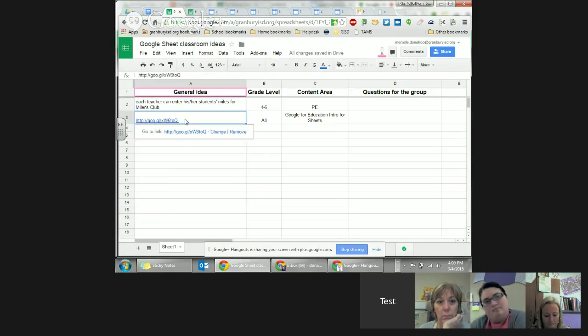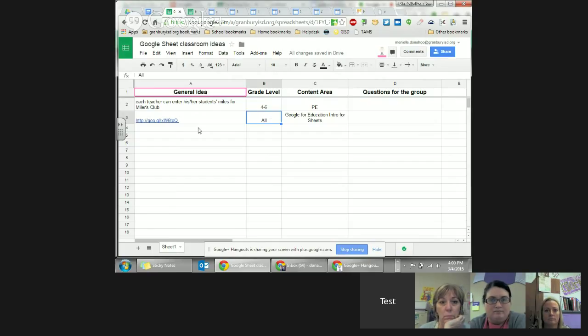This second box right here that you're going to find is a link to the actual Google for Education site, and there is a very clear intro to using Sheets and how to just create a basic sheet. So I wanted you to have that link, and as you come across ideas for using Google Sheets in your classrooms, come to this shared spreadsheet and just grab a cell, type in the idea,